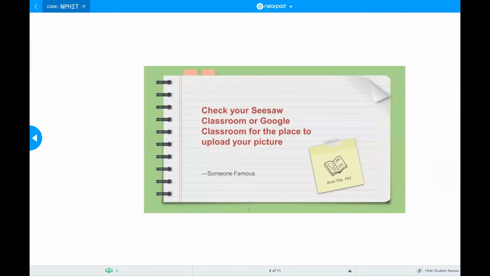If you are on your Google Classroom, and I'll put that code back in the chat, you can upload your picture to the assignment, because the assignment does have use AutoDraw and upload it into the assignment. So if you didn't catch all of this, don't worry. It'll be okay. You'll get a chance to get caught up.